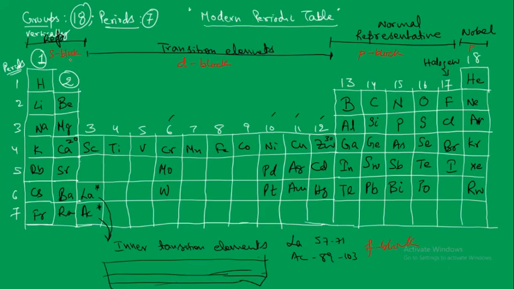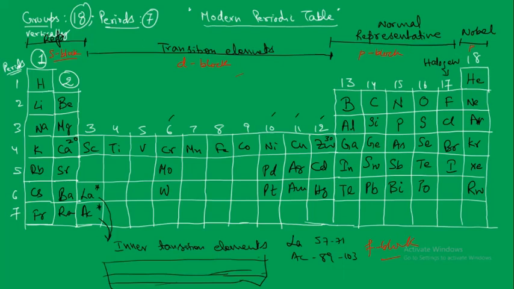All you need to know here is that orbitals are nothing but the way the electrons are revolving around the nucleus, or you can say their position, how they are present around the nucleus. That is known as the orbitals. These are sub energy levels. If these are energy levels, these are sub energy levels. So in the periodic table, we call it the S block, P block, D block and F block, based upon in which energy level these electrons are present.